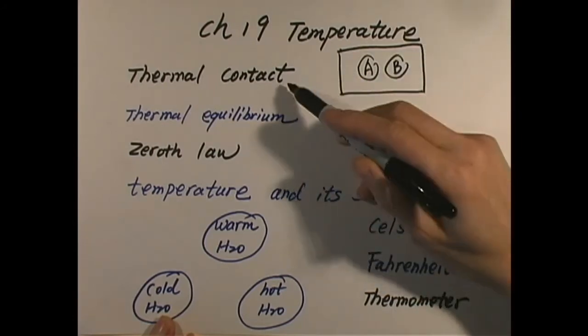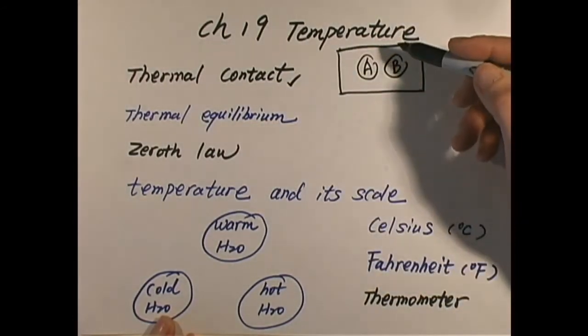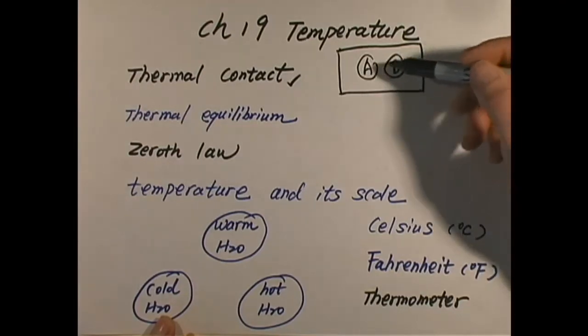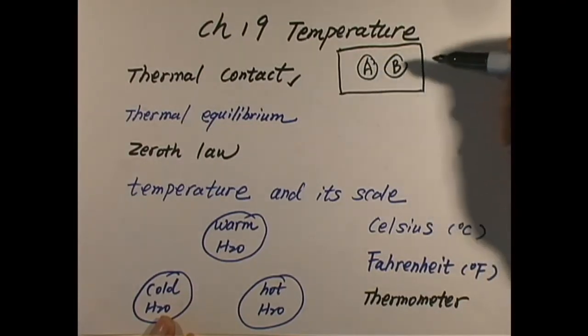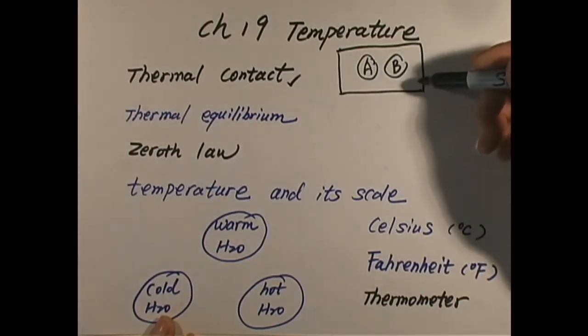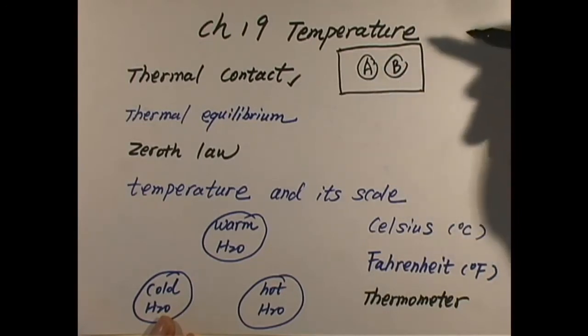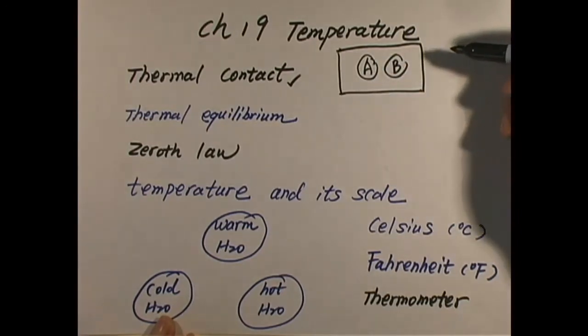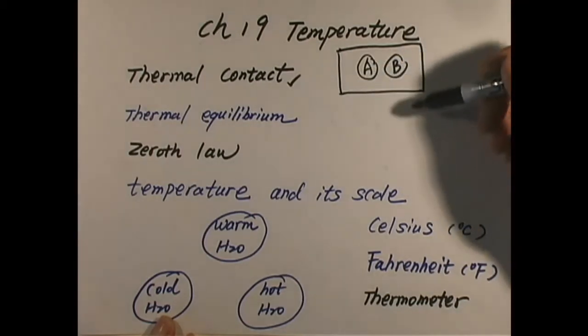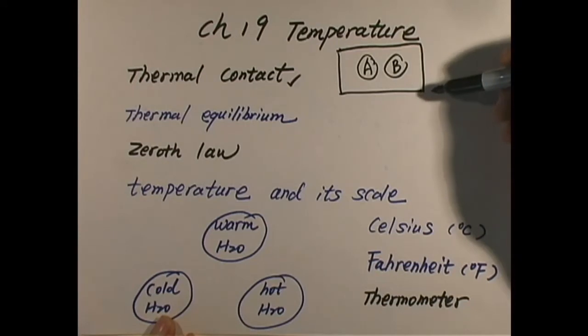Now be careful about this word contact. Contact doesn't need to be physical contact, because object A and B can have thermal contact through, for example, electromagnetic radiation, and heat can be delivered through electromagnetic waves. So this is also a kind of contact. That is action at a distance contact. So right now the definition is: as long as A and B are insulated from the environment, they are in